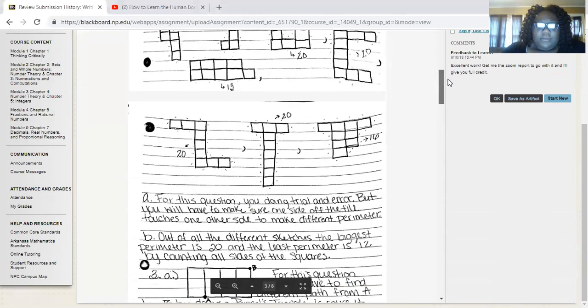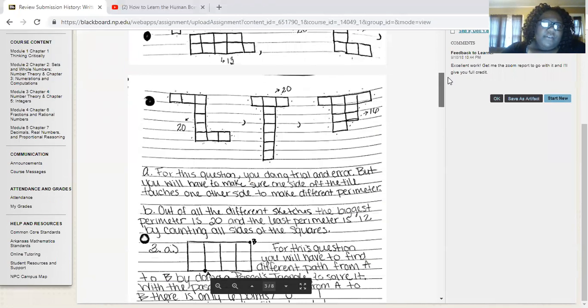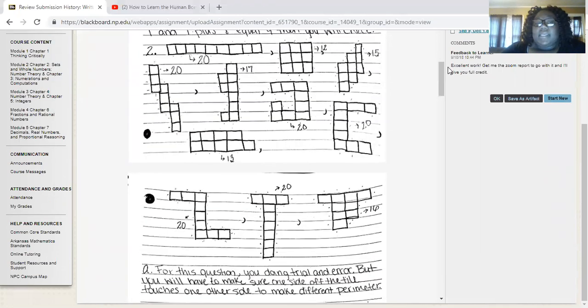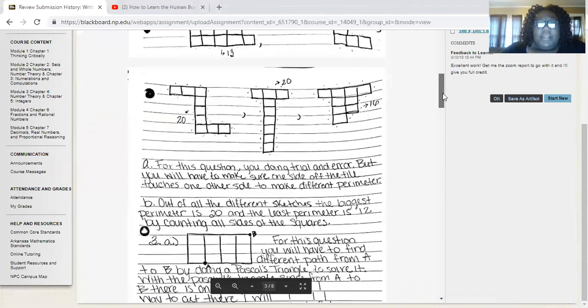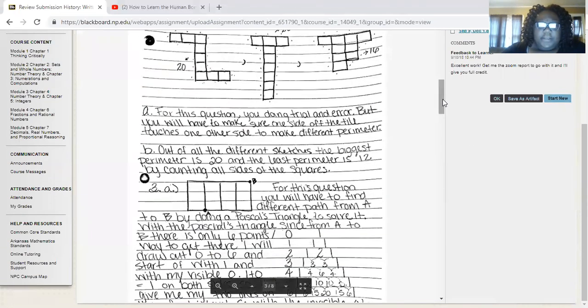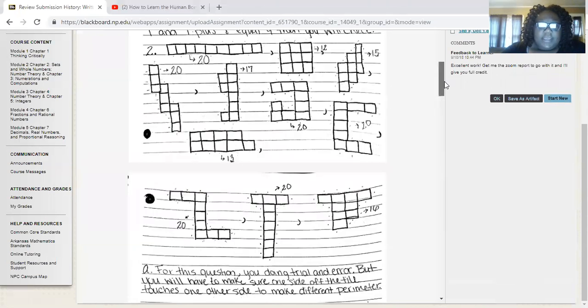Here on number 2, what you're doing is you're figuring out how many blocks you can use to get to the maximum perimeter, okay? So for this question, you're also doing trial and error. But you will have to work to make sure one side of the tile is also touching another side of the tile to make different perimeters, okay? So here we have, let's see, 2, 3, 4, 5, 6, 7, 8, 9, 10. We have 10 different,